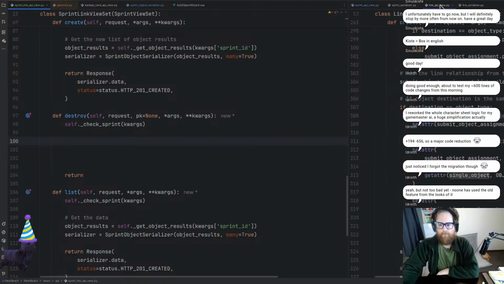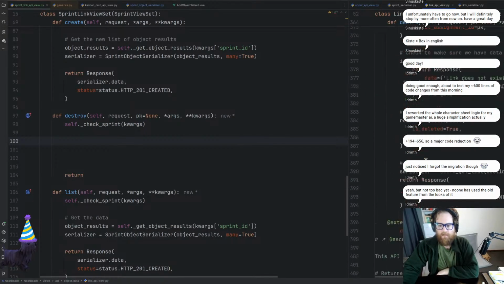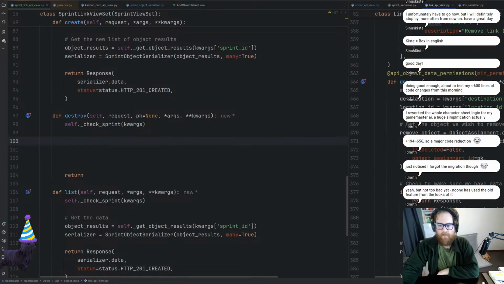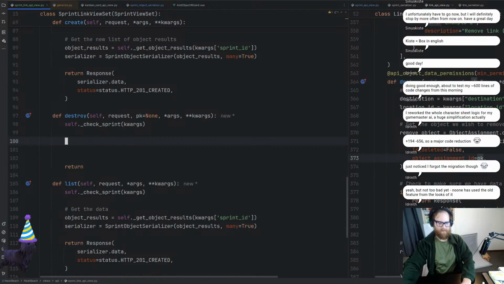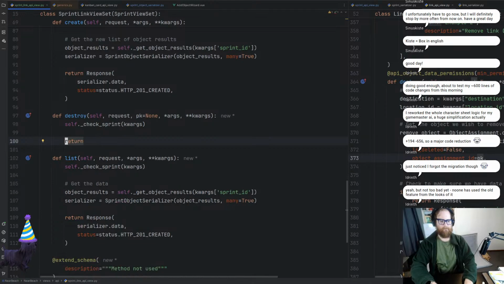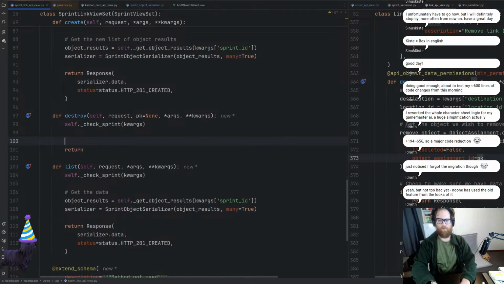I'm having a look at the link API with the destroy. So we check the destination, remove object. All right, cool. We get the PK. Now, because we've done the check, we're all happy with the check. So what I want to do,